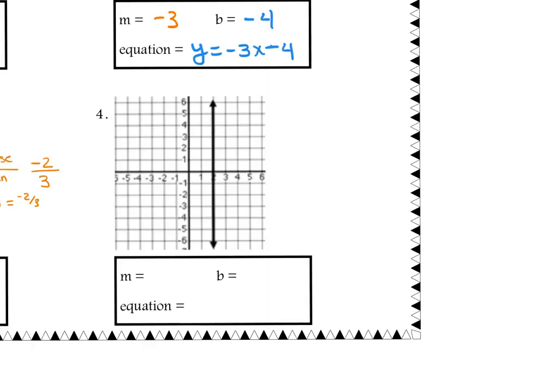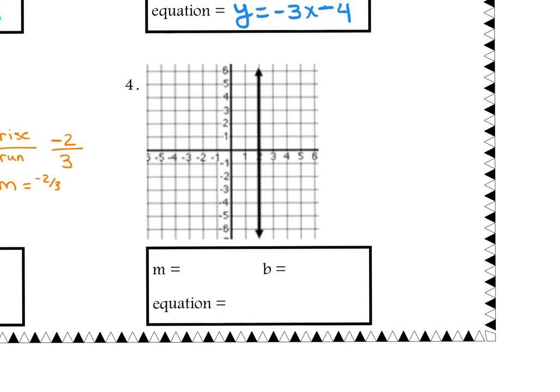Moving over to question 4. Again, we are given a graphical representation. The most important thing that you see here is we have a vertical line. And so what we need to recall is our Hoy and Vux. So we have a vertical line. So we're going to go ahead and use Vux. So vertical,